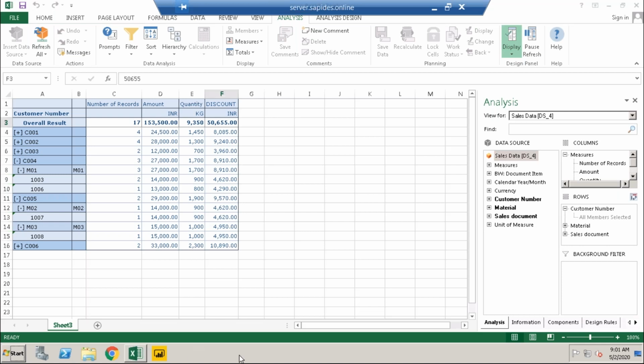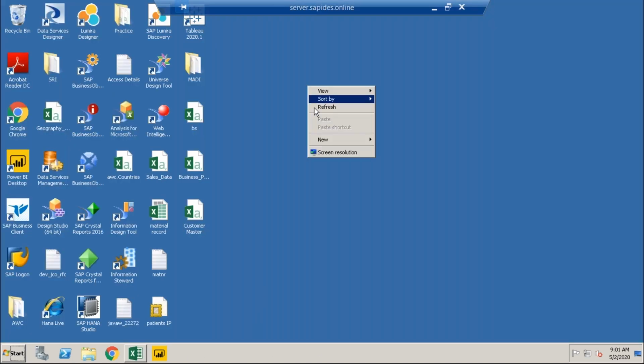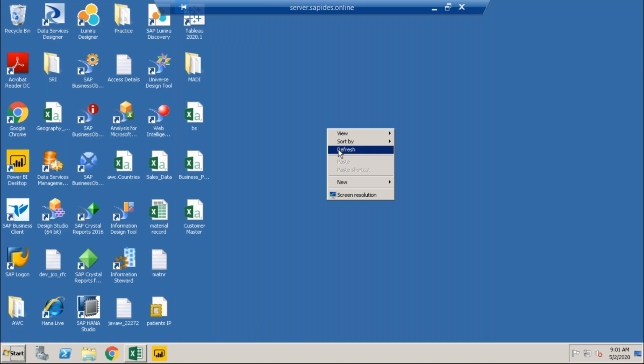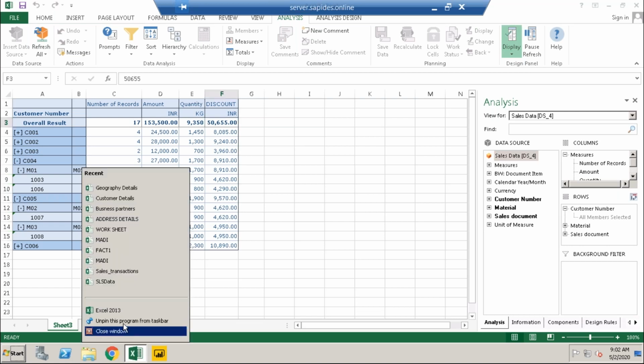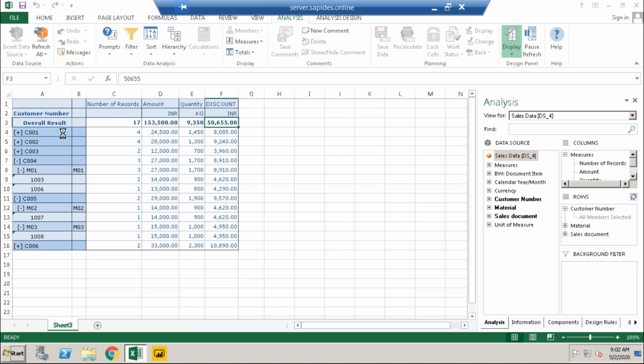Okay, I think it got stuck badly. We didn't save also.